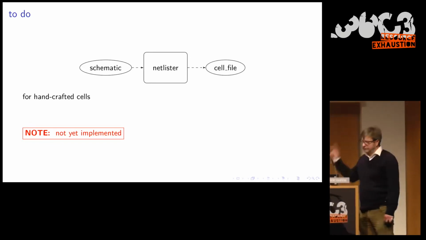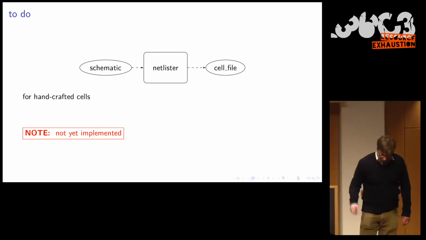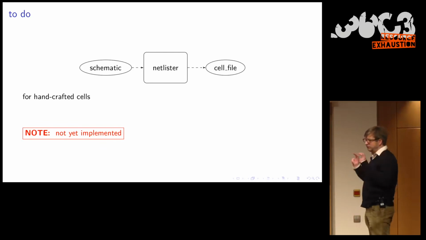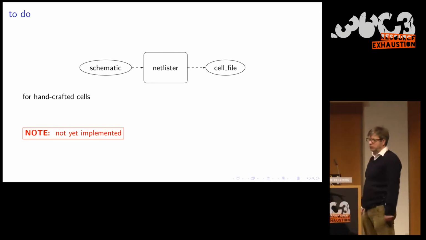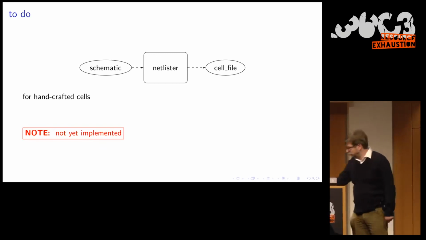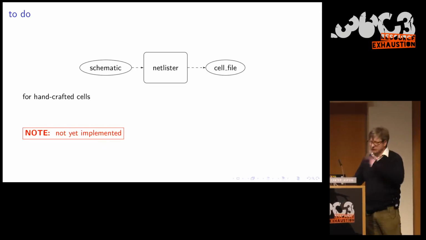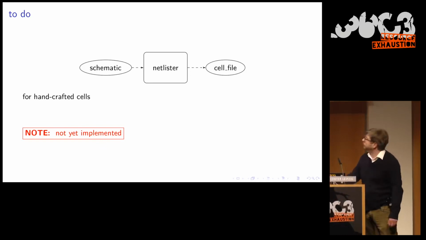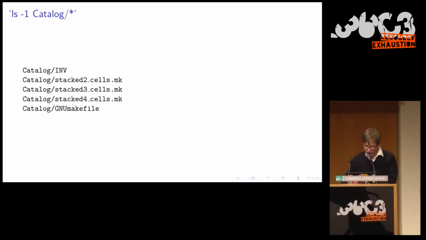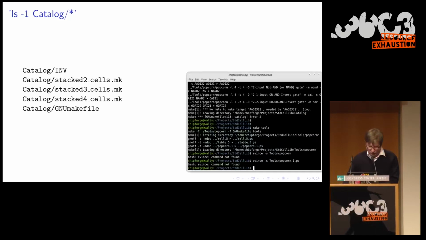I want to go from a schematic to my cell file. For the schematic, I used an open source tool, which comes from the PCB area. There is the possibility to write an exporter, a netlister. I will do this for all cells I have to create by hand. So let's quickly